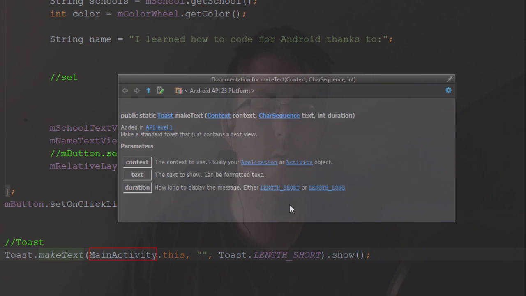And then even further, it will even tell you with the duration, which is the last thing. It will say these are the two durations it will accept, short and long. You might be asking, why is it only accepting short or long? Well, that way people who are using Android can get a constant theme across Android, and it's more of an enjoyable